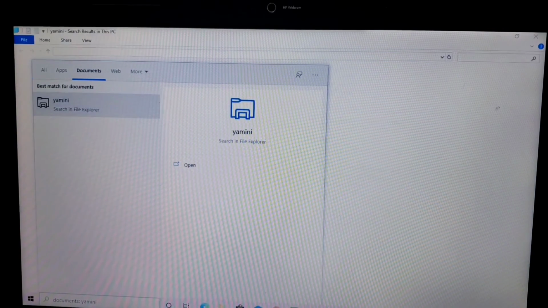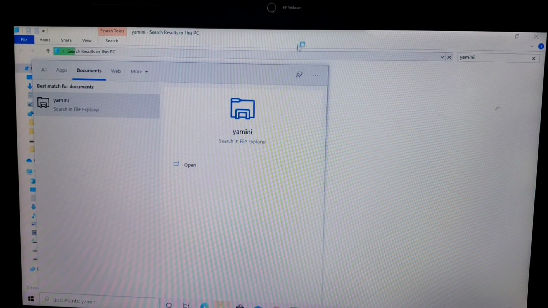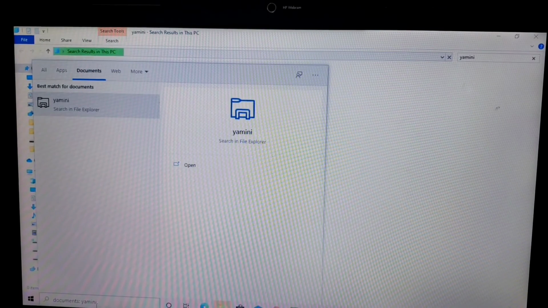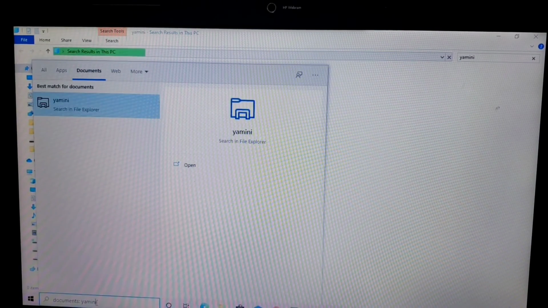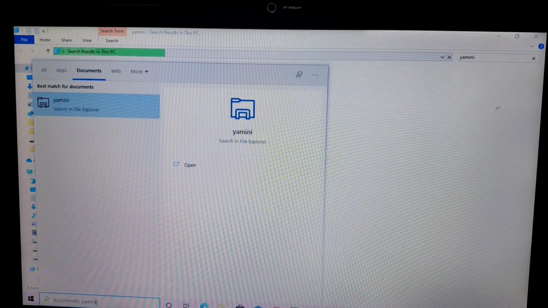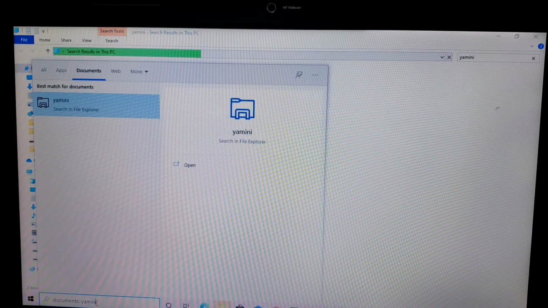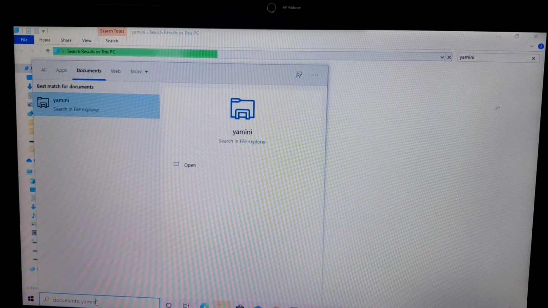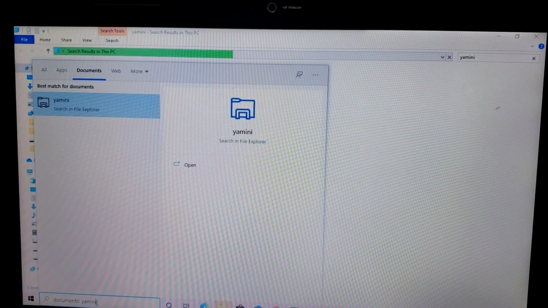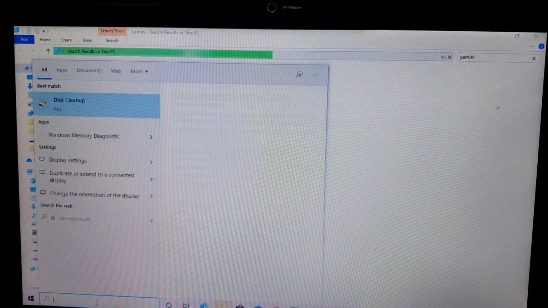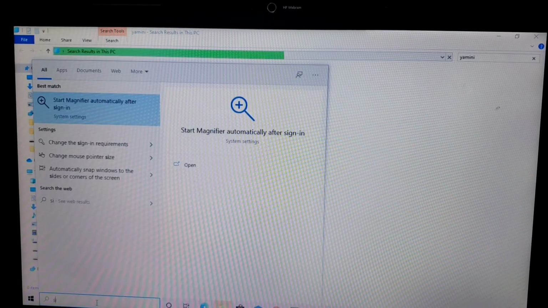But when you don't know the exact location, at that time you can use special characters. What are special characters? Special characters are the question mark or the asterisk sign which you have on your keyboard. When you only know the first character of your file, suppose you know only that your file starts with the S letter.